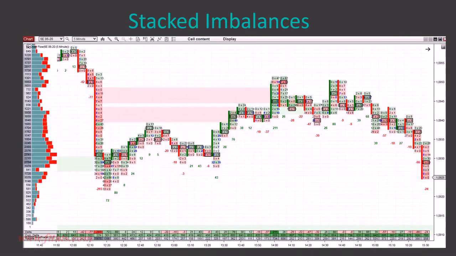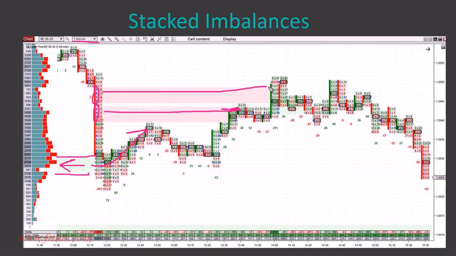All right, another example. This is also a 5-minute chart. There's imbalance in here, and also there was some buying imbalance somewhere on the left. So this is the buying reaction to that. There is not really any significant reaction to this zone, to those imbalances, but there is a nice reaction to